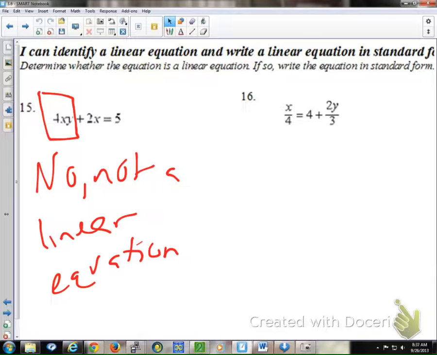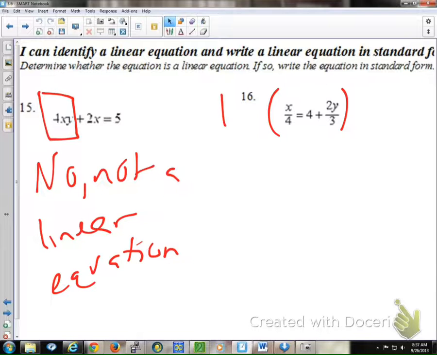You actually have to divide by 4x so that you could solve for y. But it's because when you divided by 4x, it would be in the denominator, and we didn't talk about that. So there's a reason for it. But anyway, number 16. Now, are there any multiple variables on that one? No. Yeah, there's fractions, but they're just numbers. So I told you guys, what's the easiest way to get rid of fractions? Multiply by the common denominator. And what is a common denominator between 3 and 4?